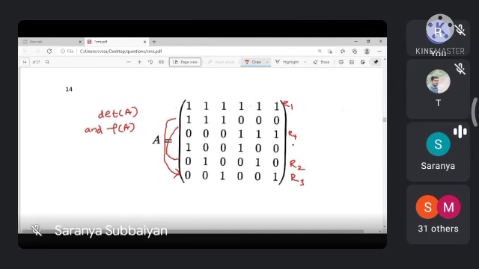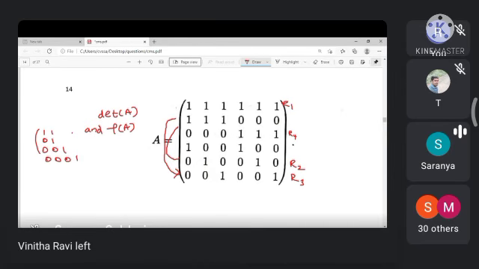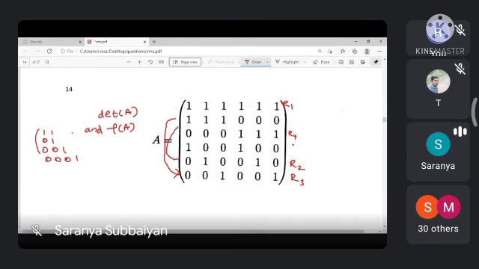While finding rank, you should always think about the upper triangular or lower triangular format. So the first row is 1 1 1, the second row is 0 1 1 1, then 0 0 1, then 0 0 0 1, like that. If you think this way, it is very easy to find the rank. If you simply solve whatever is given, it will take more time.